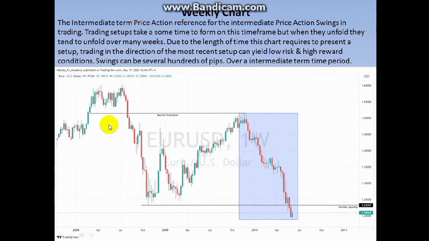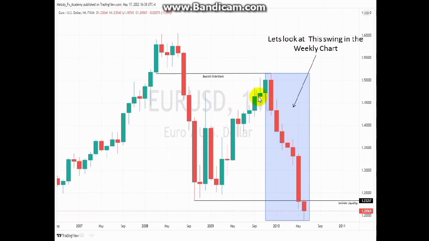Okay, so now this is that. Let's say you are just pulling up your chart for the first time, and you pull up the monthly chart. And you saw this. Let's say this is the particular week you are right now, and you saw this whole move, you saw all this move already happened. Now you saw this move and you saw we are currently in this month, and the month has just traded into the bearish order block. So now how do you anticipate this in your trading as a swing trader?